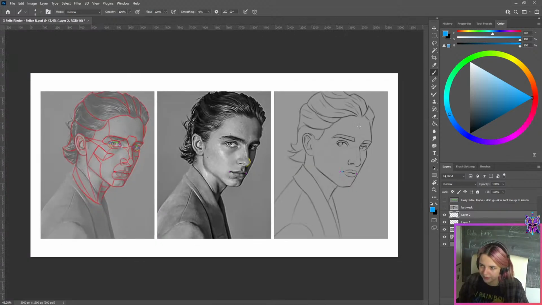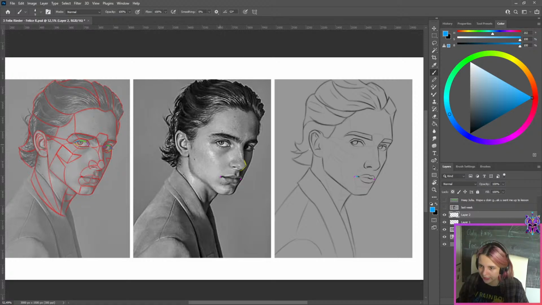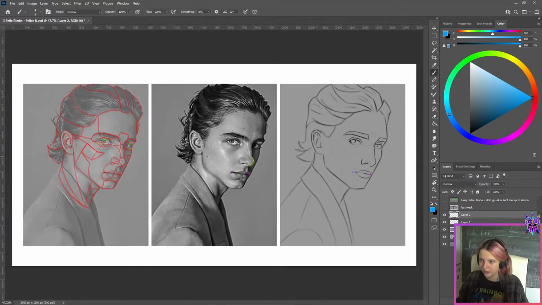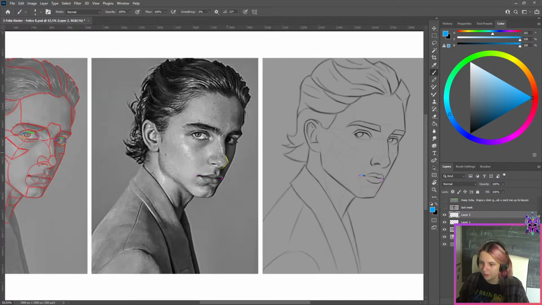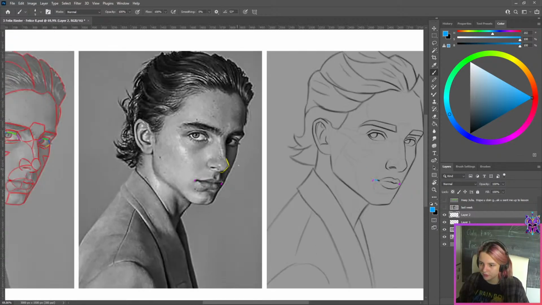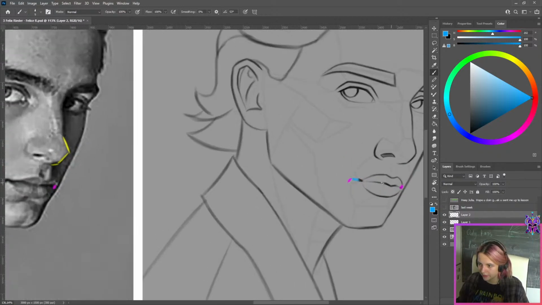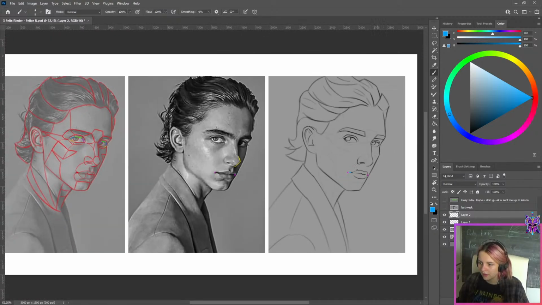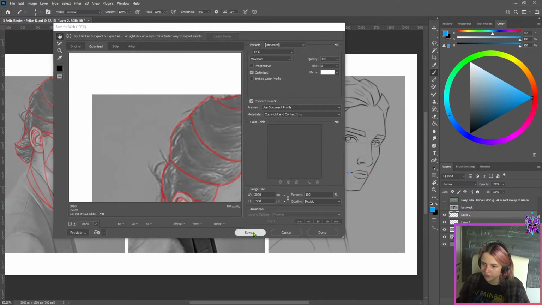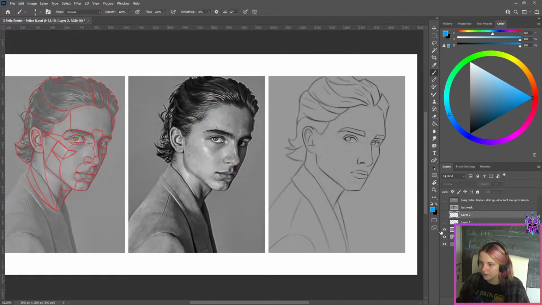So, you know, all around the reference, there are a lot of those little things that you have to pay attention to. So moving on, pay attention to little stuff, what we call subtleties, measure more to avoid making mistakes like this mouth being too small, and overall just keep going. So I'm gonna save it for the Discord so you can check it out, but for now my biggest advice